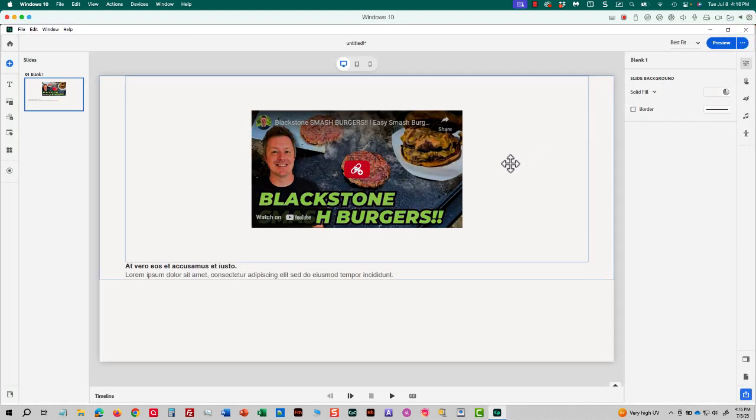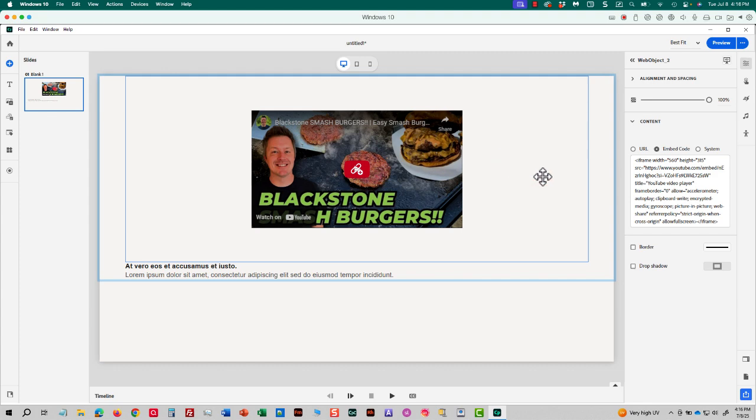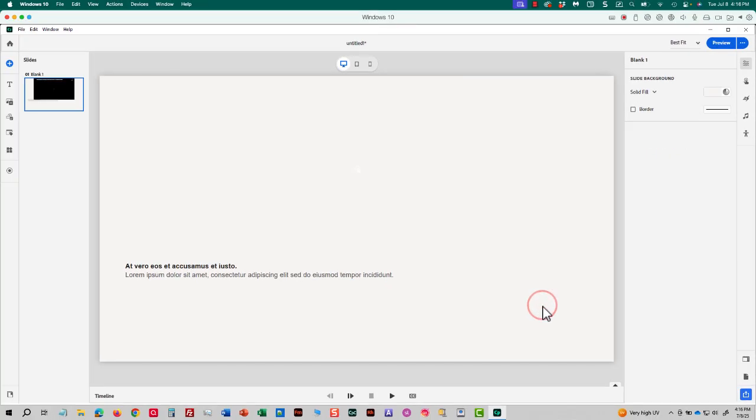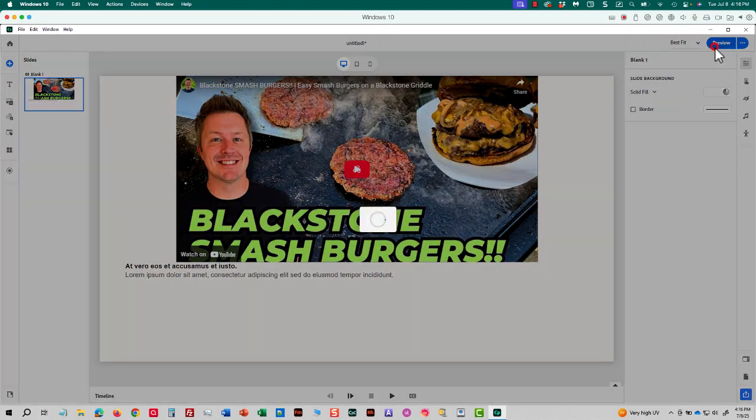Okay, I'm going to close the browser. I'm going to select the web object back in Captivate. And inside that embed code, I'm going to change the width and the height from 560 to 960, from 315 to 515. I'll click outside the web object, preview,